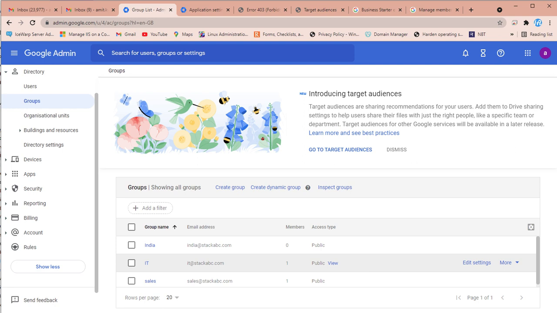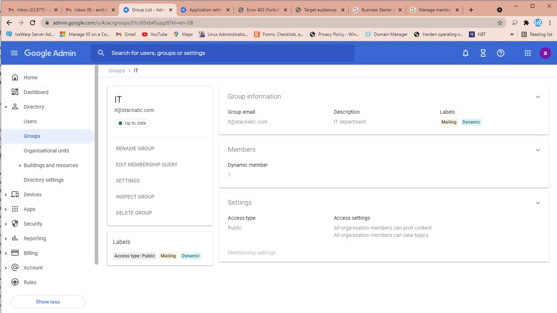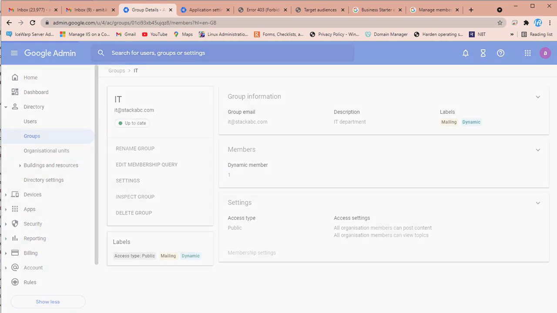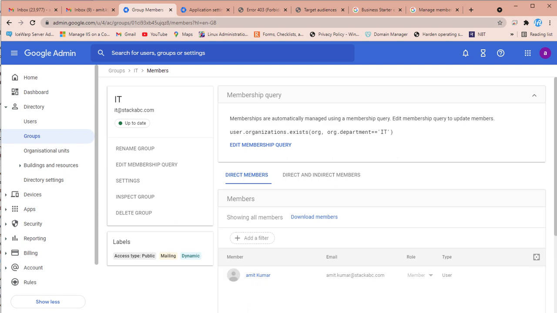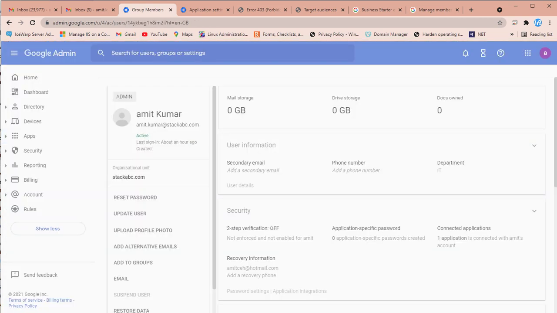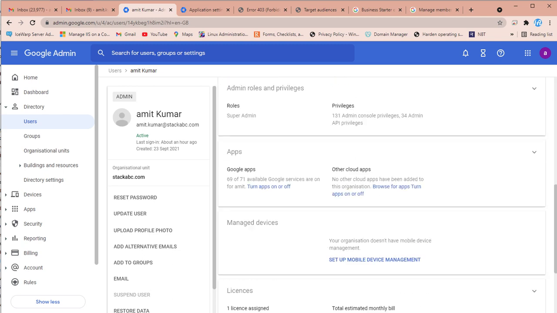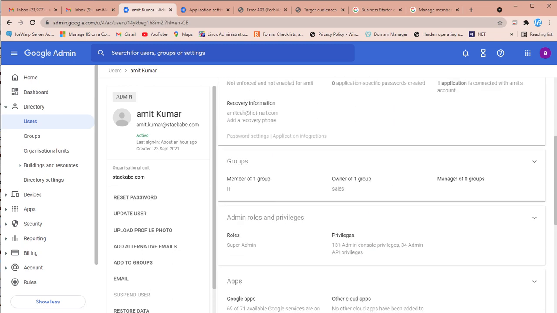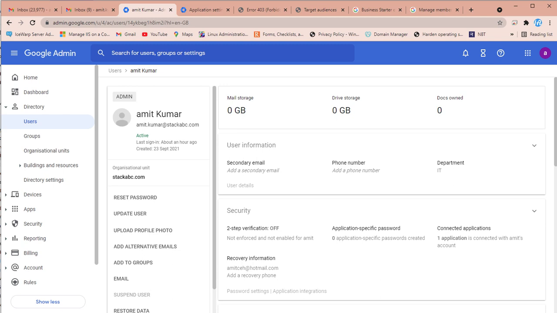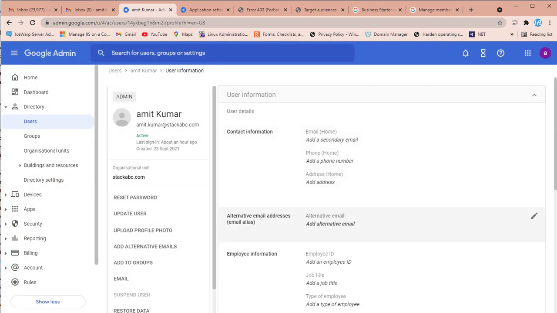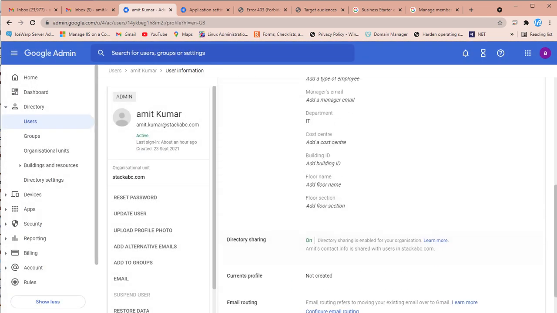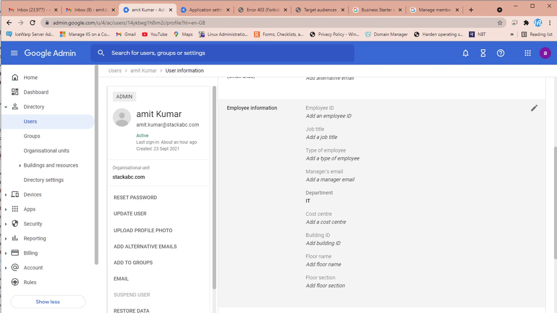If you want to see who the members are, just click on the groups, and now you can see dynamic member is 1, and this is a user. You can verify this user by clicking on the user and seeing if the user has the department value IT. Just scroll down and you can see IT is there.